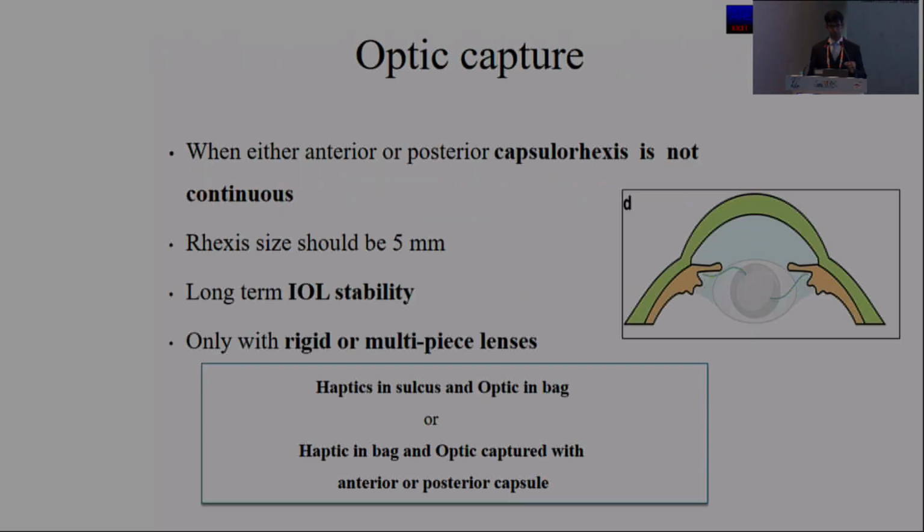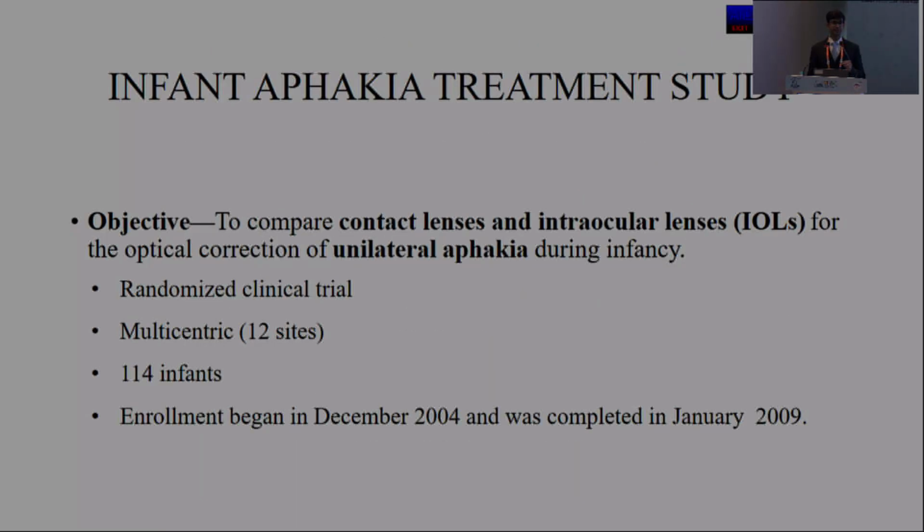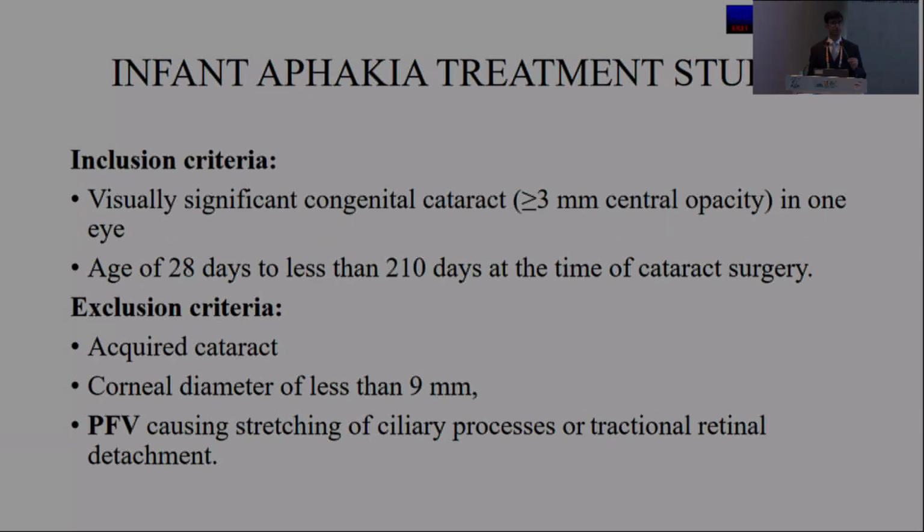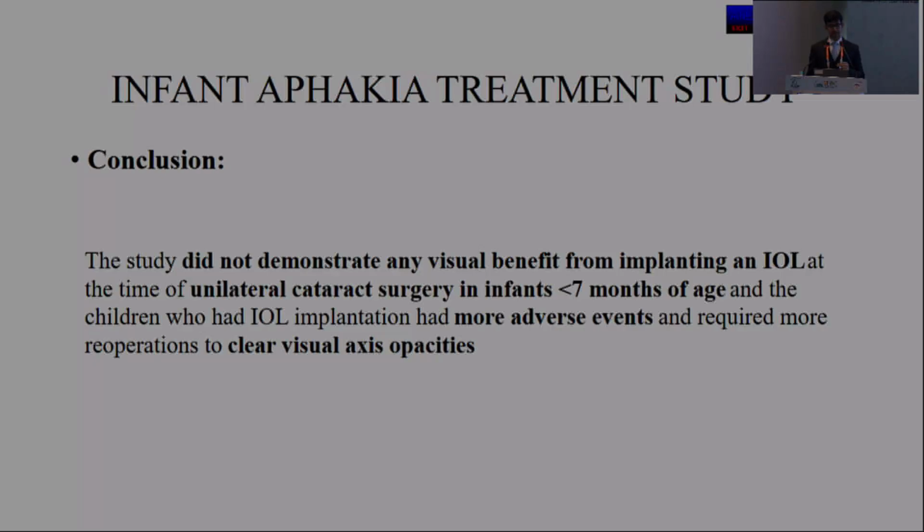And for optic capture, you can use a multi-piece. There was a study of unilateral cataract done in the US in which they tried contact lenses versus intraocular lenses. Their profile was different, and they also excluded cases such as PFV, which is quite a significant proportion of our unilateral cataract population. They found that putting a lens before a certain age might lead to secondary complications like secondary